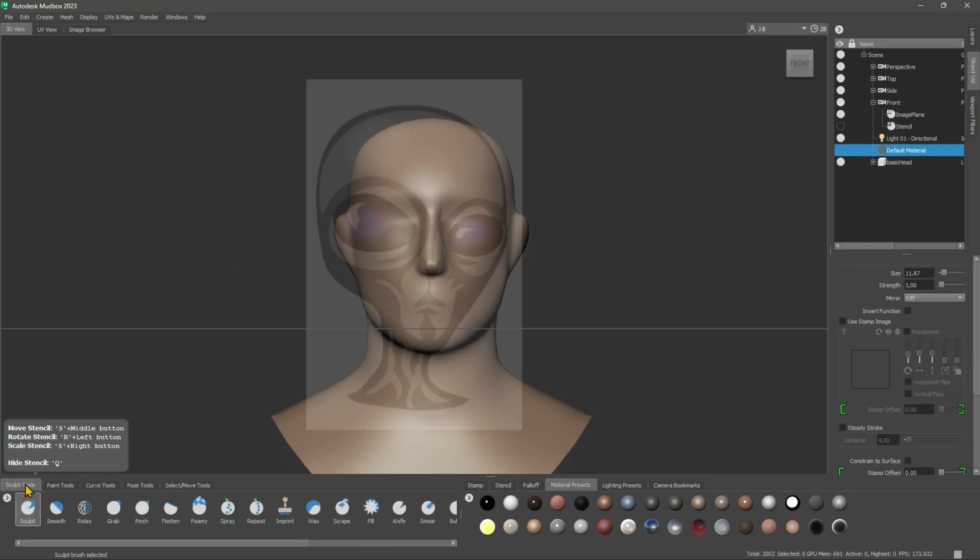And well, let's talk about now some basic tools, some basic brushes. Now, there are some brushes that are more useful when you are modeling or defining the overall shape or generic shape. So this is what